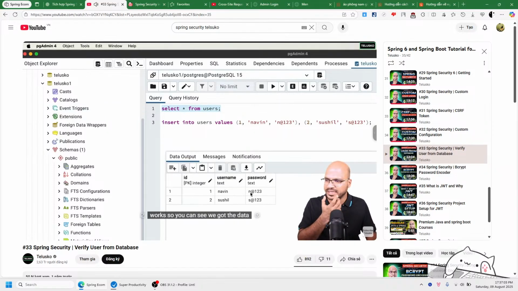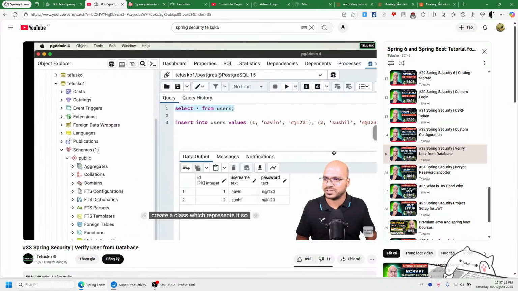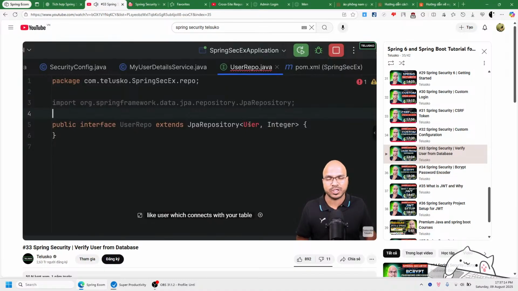So you can see we got the data here, and now I want to basically connect them. So we got table, right? Now in JPA, when you want to connect your table with the code, basically what you do is you create a class which represents it. So let's go back here. So we need a class like user which connects with your table, and the user class would represent the user's